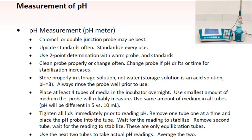If the pH readings drift or take longer than usual to stabilize, a new probe should be purchased or the probe should be cleaned. Probes may be cleaned in solutions provided by the manufacturer, but these are usually acid solutions used to dissolve precipitated proteins that collect at the junctions of the probe. Cleaning of the pH probe would be best done outside of the IVF lab. As an alternative, probes can be changed regularly and replaced with new ones rather than bringing caustic chemicals into the